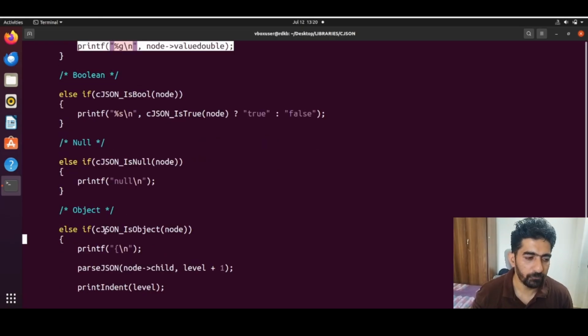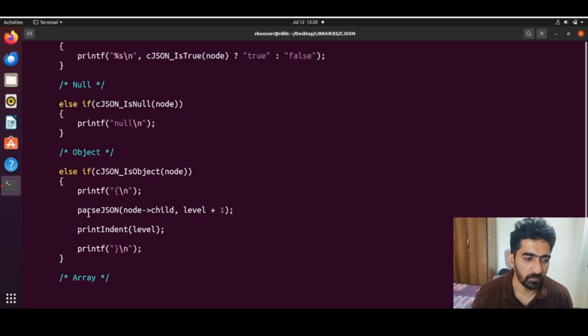Okay. And here, if you have an object, another object, then we will do the recursion. We'll take this child and go one level up, and we'll parse each and every object. And once we get into the recursion, we again check whether it is null, whether it is a string, whether it is a number, and so on. So depending on this recursion, if we have only one object, then this won't be parsed again. It is only one go. If there are multiple objects, sub objects, and everything,